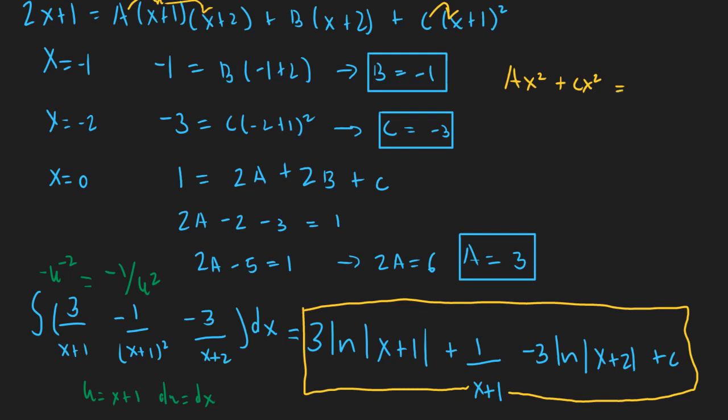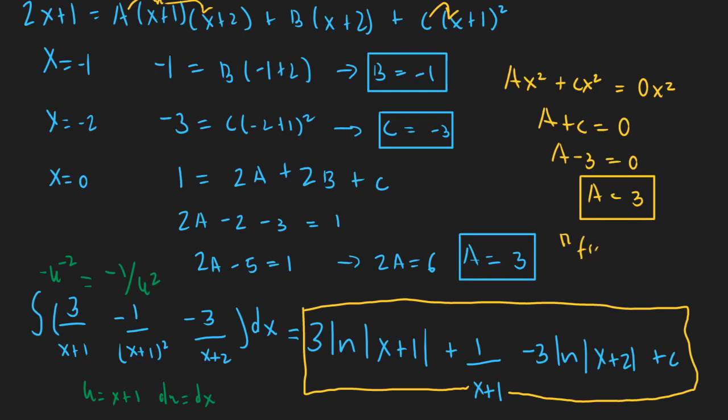So that would mean that these two added must equal 0x squared, which of course gives you that a plus c equals 0. Now in any case, we already knew what c was. It was -3. By that, we have that a minus 3 equals 0, so a equals 3. So we get a by completing something called fishing,